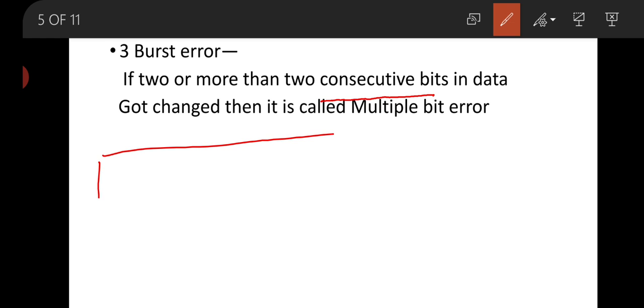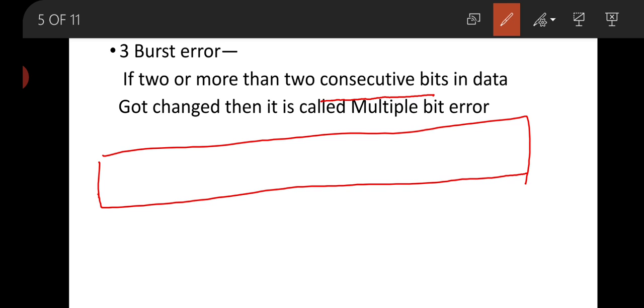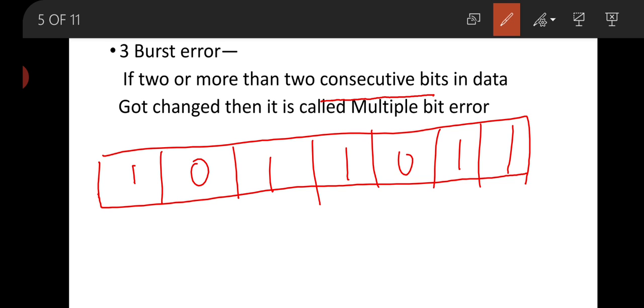If we are going to send this data 1 0 1 1 0 1 1, suppose this is the actual data.